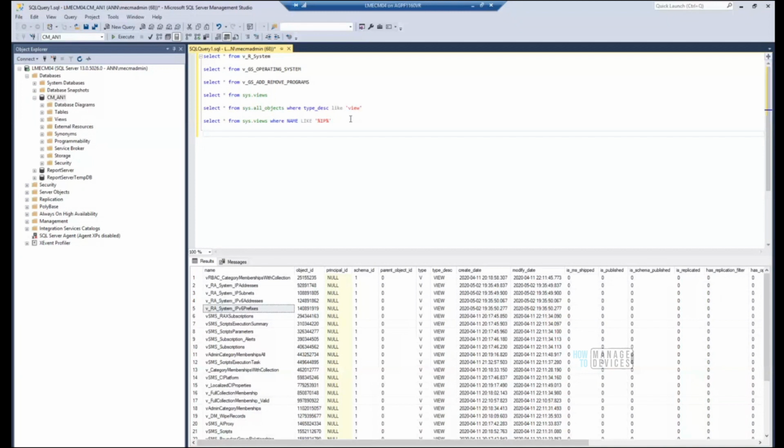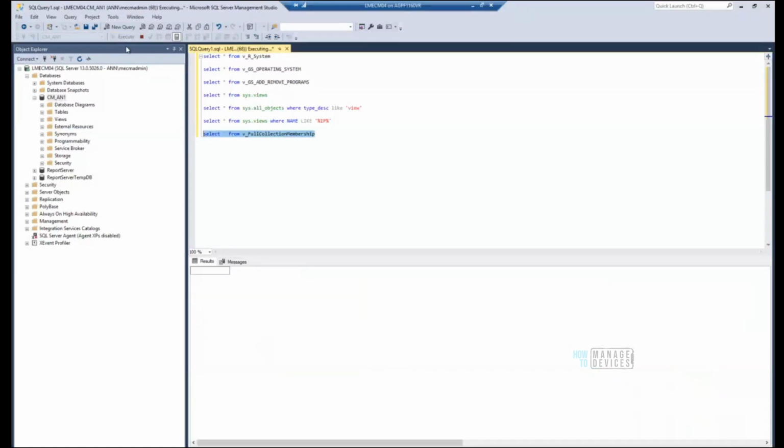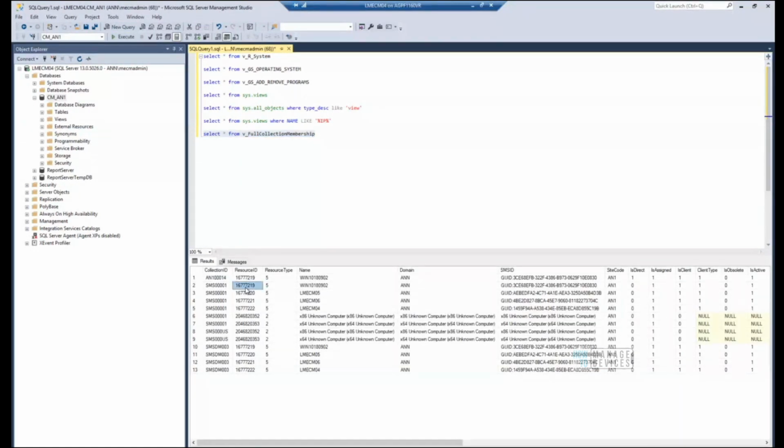For that, you need to understand three things. One is machine ID, another one is item key, another one is resource ID. All these three are the same only. For example, select star from v. If you see here, if you want to get the information, this is different. Here you can see it's coming as a collection ID. Here we are getting a resource ID column only, but if you check system underscore disk,